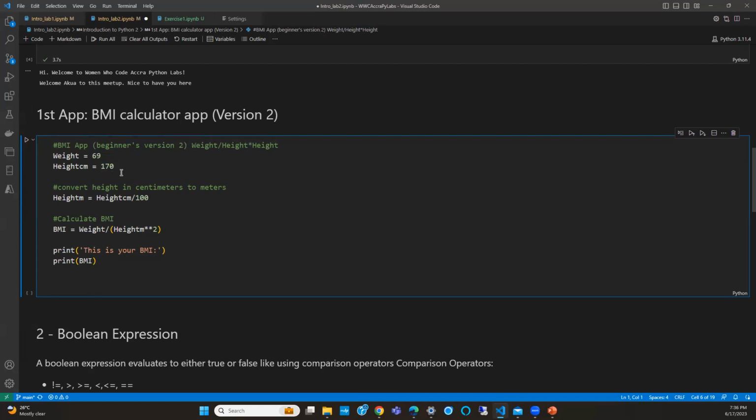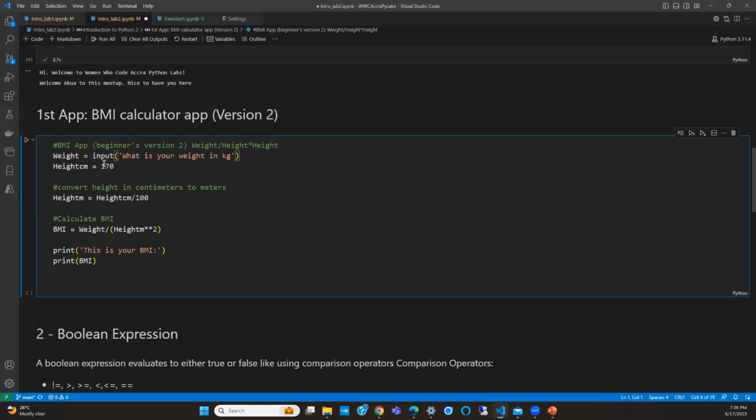So let's say beginners version 2. That's our app. I copied the first code and we're going to change that. Instead of the weight being 69, which is fixed, we'll go with input and ask the user for it. So we say, what is your weight in kilograms?